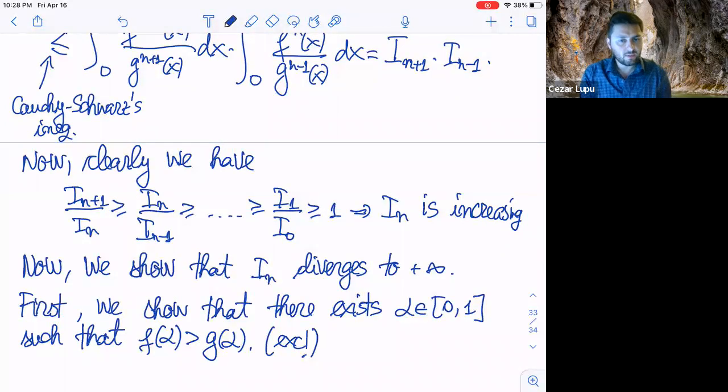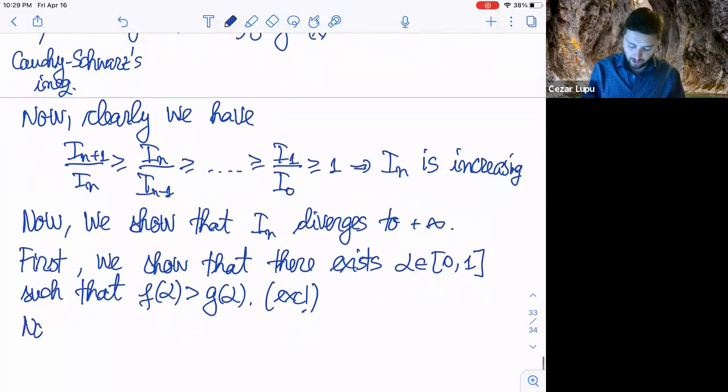So basically, you assume that for all x, f of x is less or equal than g of x. Then you consider the difference, g minus f, and denote it h. You know that the integral of h is 0, but you know that it's continuous and non-negative. So therefore, this will enforce that the function h is 0. In other words, f equals g, but that's not the case because we assume that f is different than g, so that's a contradiction. So that's the first thing. All right, great. And now, since we have this information, we can define